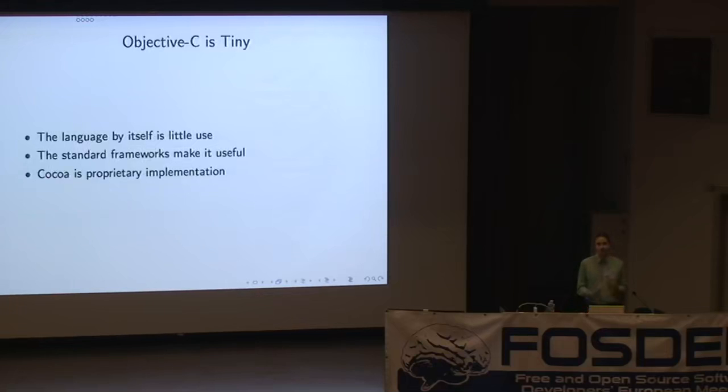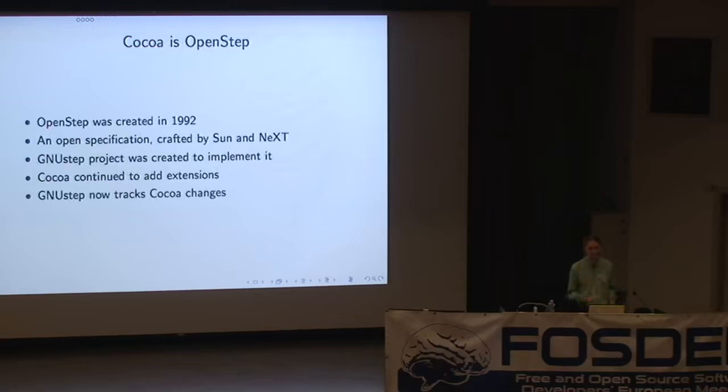So I've talked a bit about the compiler and the runtime and how we have Objective-C working on other platforms and how in some ways at least our version is nicer than Apple's. But Objective-C is a really tiny language, and by itself it's actually not that much use. You can wrap up C libraries with it, but for Objective-C to be really useful, it's the frameworks that give it the power. And if you're programming on OS X, you're using these Cocoa frameworks, and they're proprietary. So, well, how do you deal with that when you're using another platform?